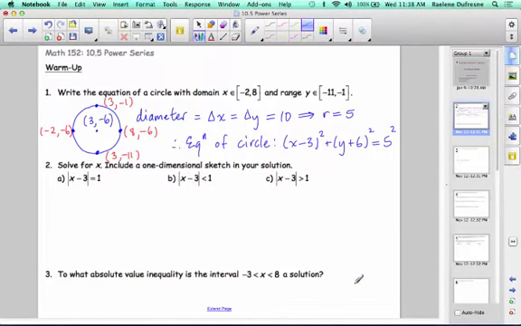In number 2, solve for x. Include a one-dimensional sketch in your solution. There are many approaches that we've seen in the past for solving inequalities. My least favorite is the one that says x minus 3 equals -1 or x minus 3 is equal to +1. The reason I don't like that is because students don't seem to know why there's an or, and it also mistakenly cements a misconception that the plus or minus belongs to the 1, when in fact we know